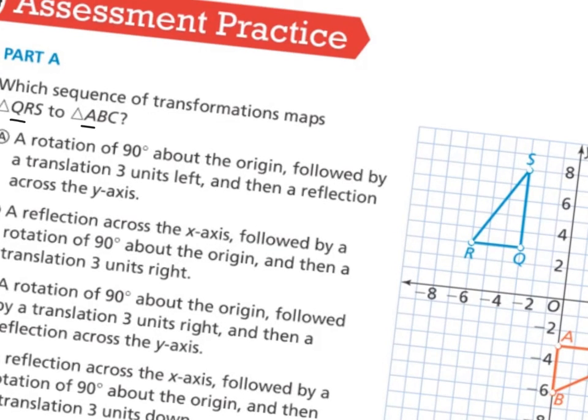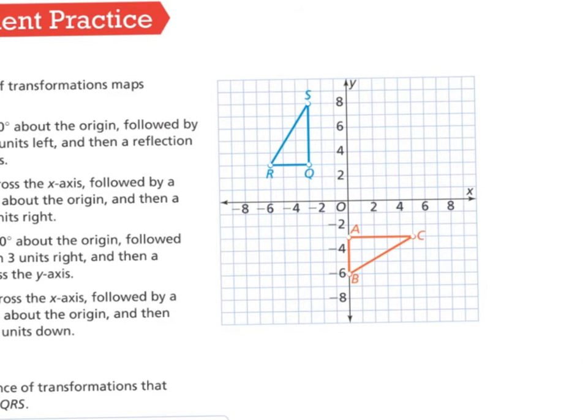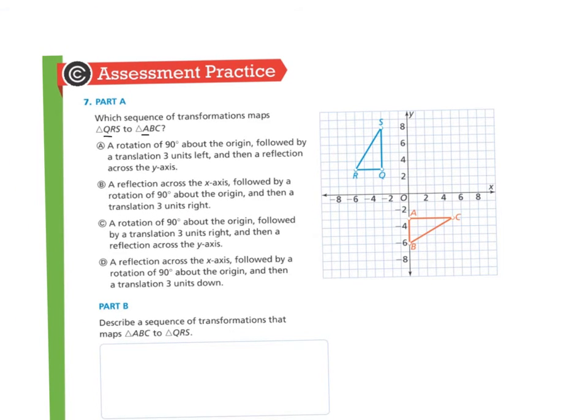So if you look at where the Q and A are right now, it looks to be that we might be doing a couple things. We might be doing a reflection and a rotation here to get that to happen. If we can kind of visualize. So